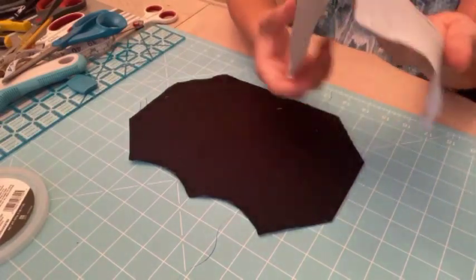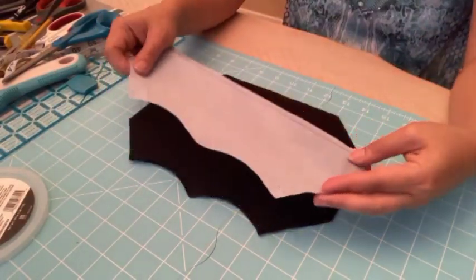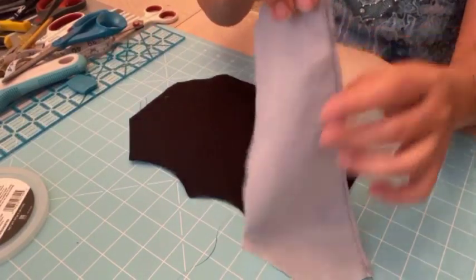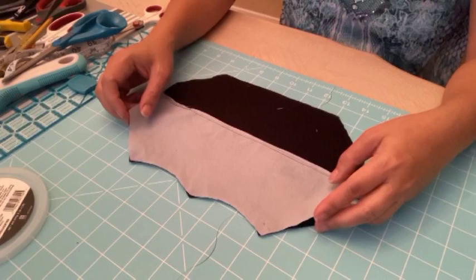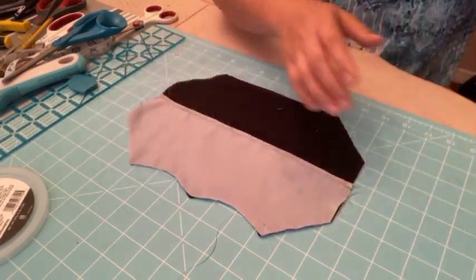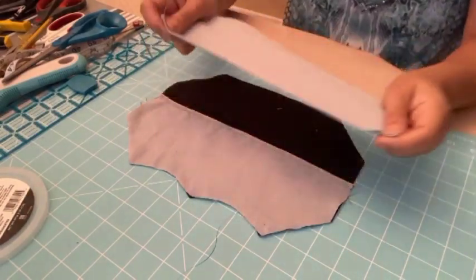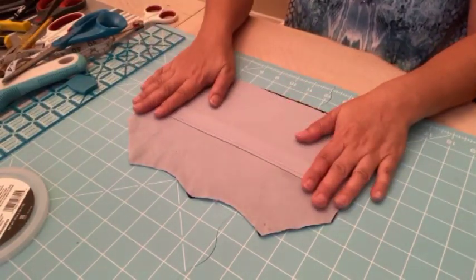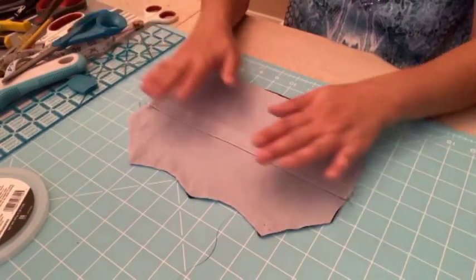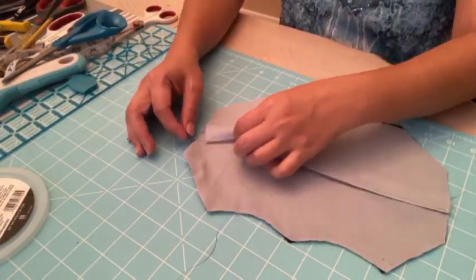So you want to put the right side down. Okay, the one where it has the seam is up, and you want to put the top down first. Okay, and then you follow the bottom, the same thing, the right side would be down. Okay, right there. Next thing you want to do is on this side here, you measure half an inch, because